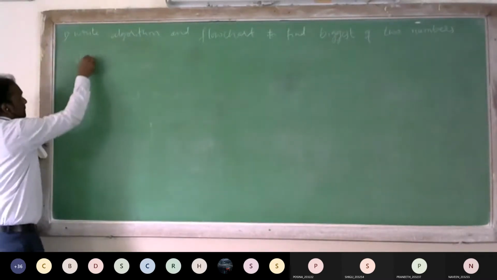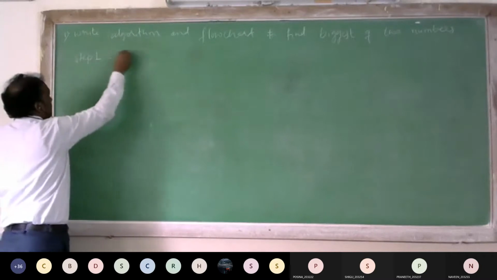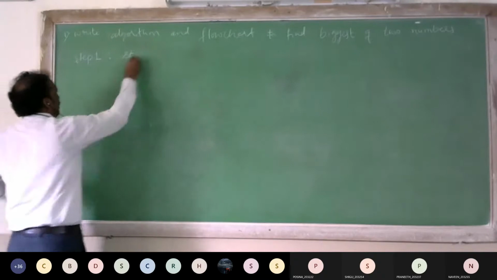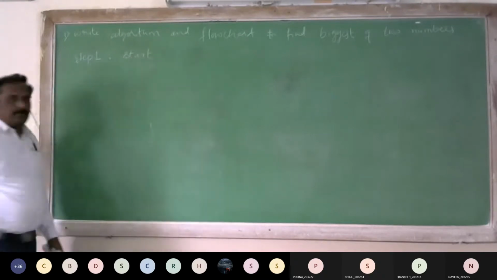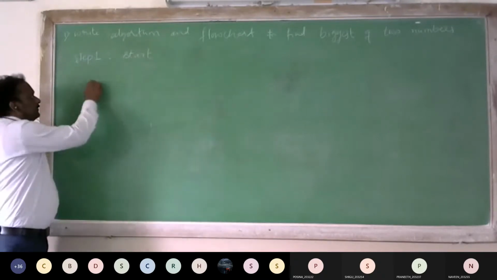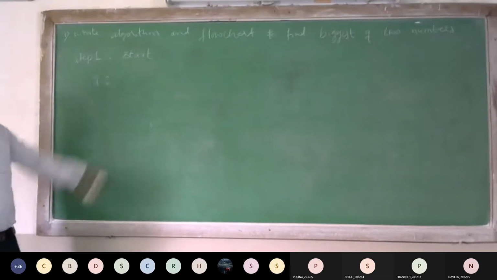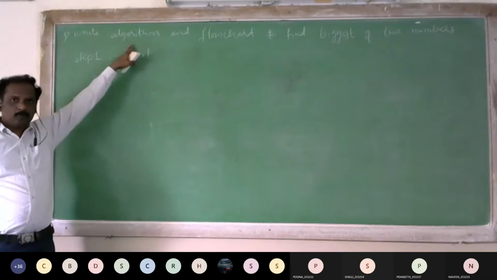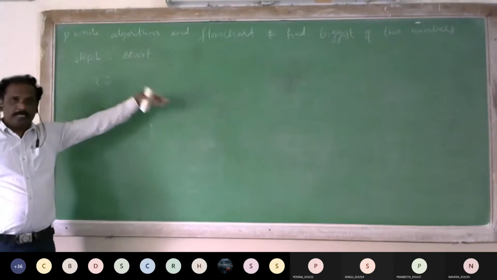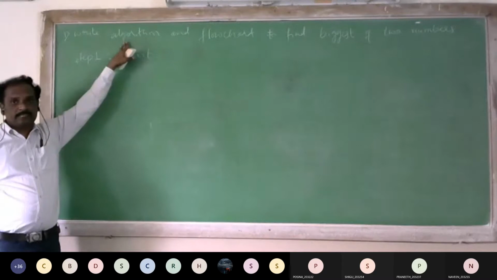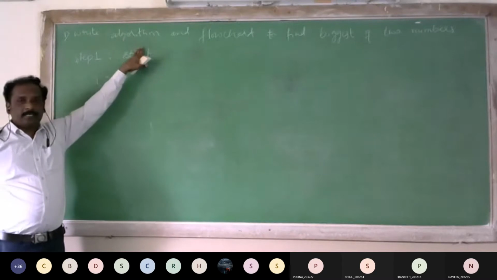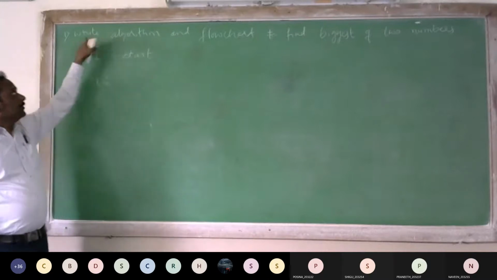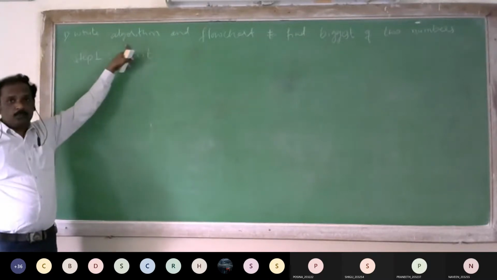Step 1. First step will always be start. Now second step. First you have to understand the question properly. What input is required? This is a small problem, we can easily understand. But for bigger problems also, first you need to understand the question. Then only you can get what inputs are required, what output is expected, what calculation we need to perform. So read the problem statement 2 to 3 times.